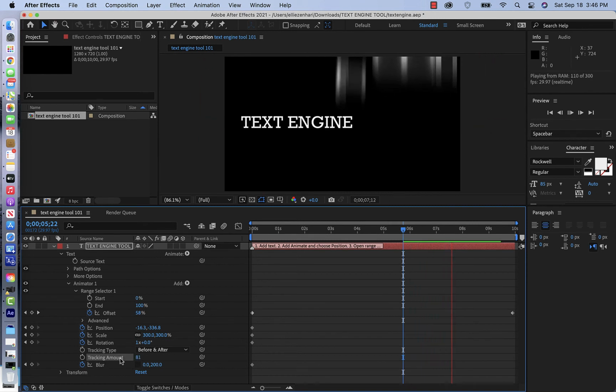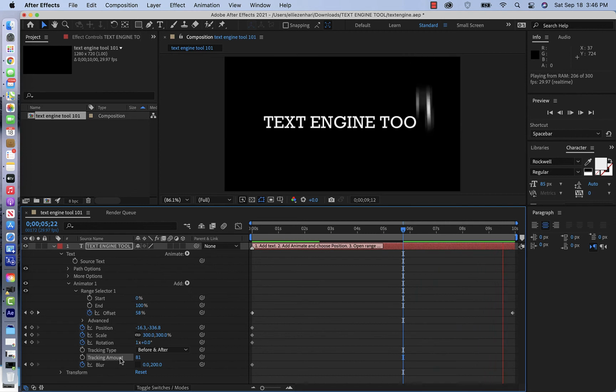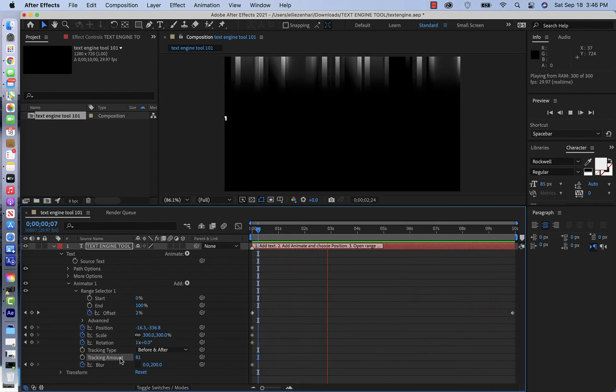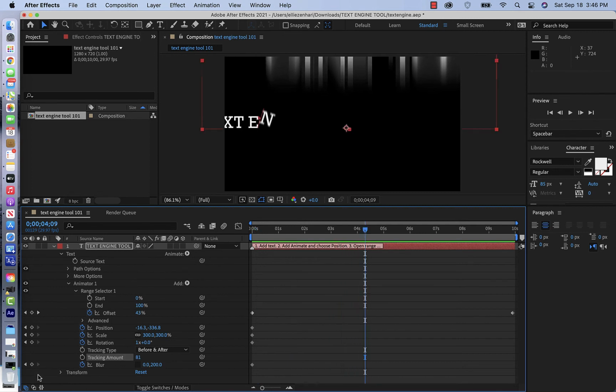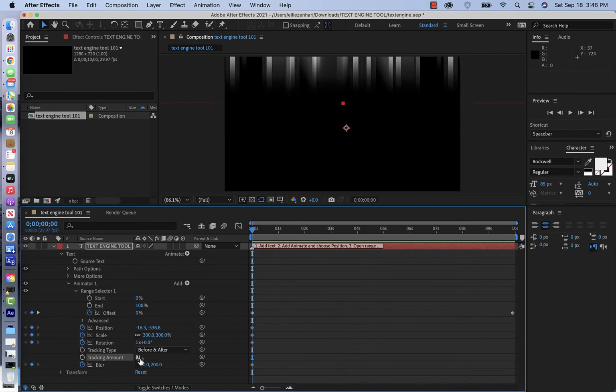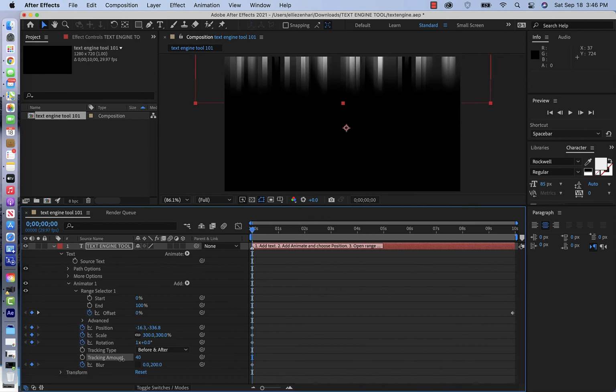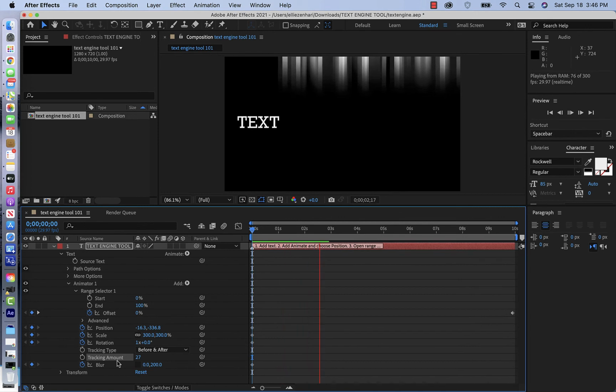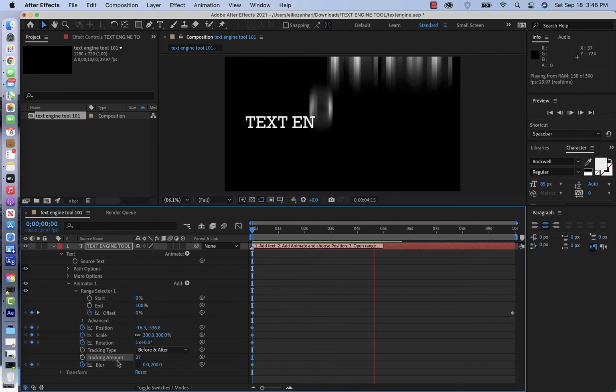Yeah, there we go. So you can add some kind of a movement. It's pretty interesting. I think it was a little too wide for this, so maybe I'll just do something like that. Yeah, that looks better. We can just add a slight movement to it as well. Again, I can keep going here,